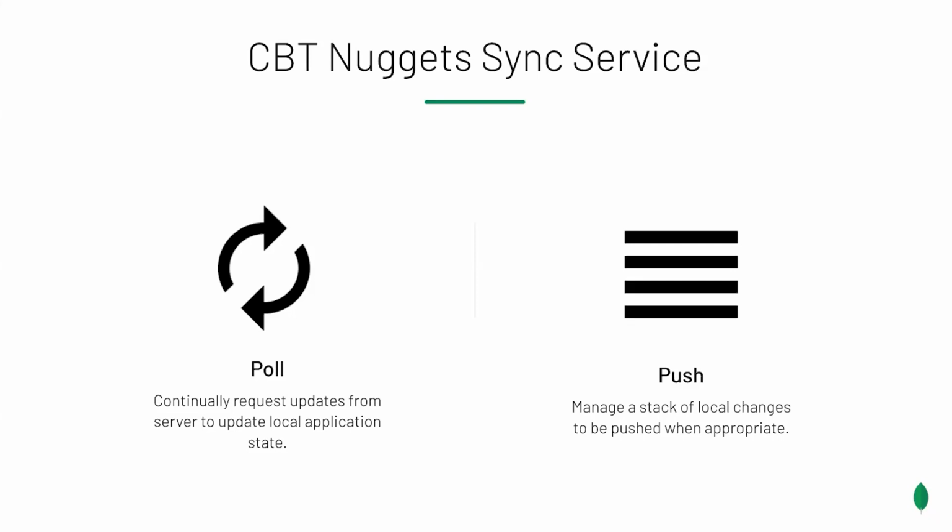Really, the two constructs that this offers is the ability to poll as well as push. On the polling side, that means the mobile app is going to sit there and on some given cadence, ask the question, has this individual done anything new since this point in time? Conversely, when it comes time to push that information up into, we'll say, the cloud, that device needs to understand, what do I have locally that I've not yet communicated? And so that means managing this state, this stack of local changes that at some given point, when a buffer is full, etc., it needs to flush that and push that via HTTP to the backend.